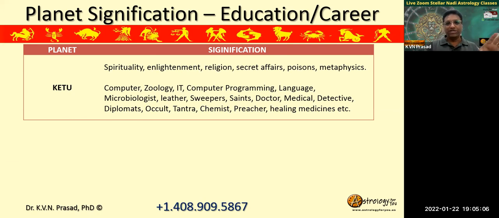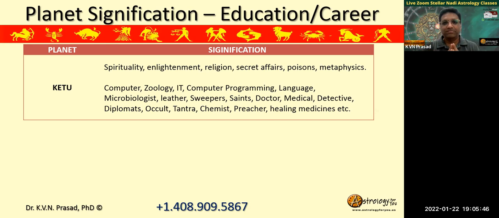So if we see those combinations, these are the natural karakatvas of these planets. In combination with this, when the dasha, bhukti and antardasha happen, that is the time that particular course they will choose or get. The planets will tell what courses, what subjects the native is interested in. Whether that will get fulfilled or not, dasha, bhukti, antardasha will decide.